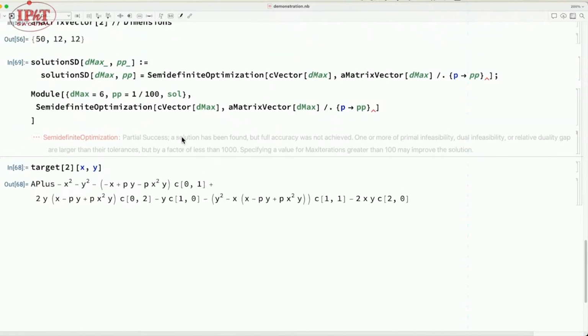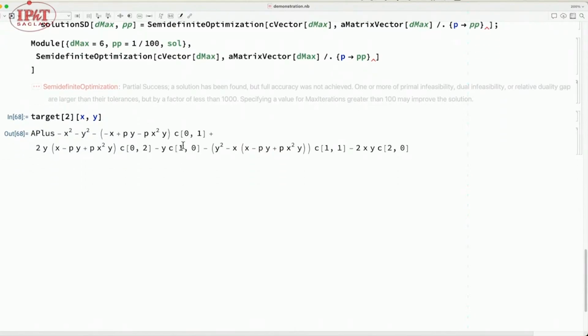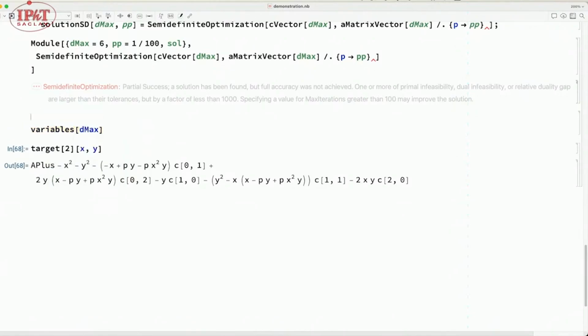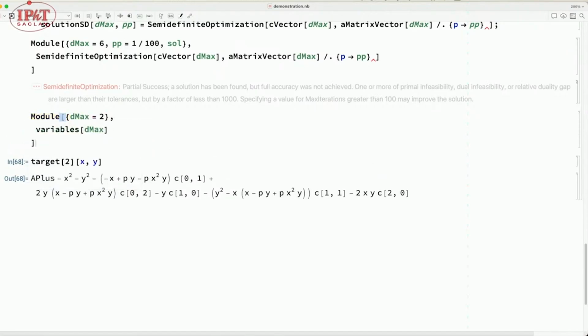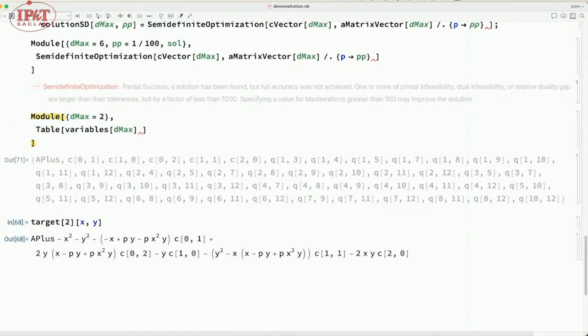So, okay, I guess, how do we do this? We want to take variables D max. I like to use these modules here. So here's the list. I guess we want to define a replacement rule, which will allow us to replace these abstract variables in the function by the solution of the semi-definite program. So we want to do a table